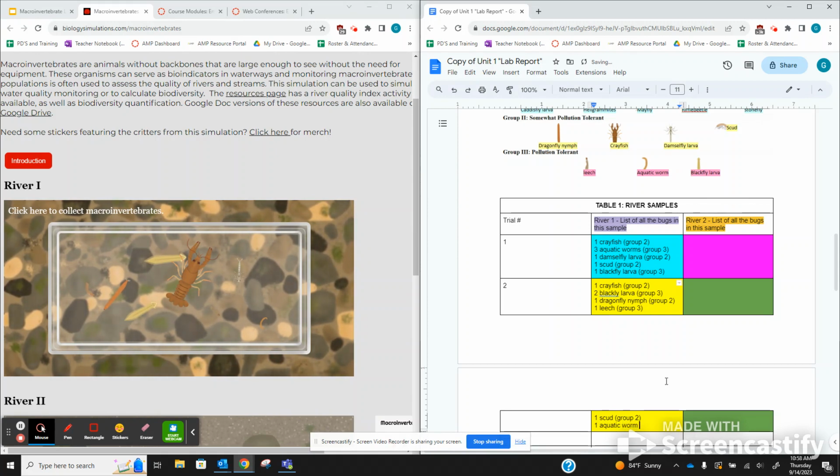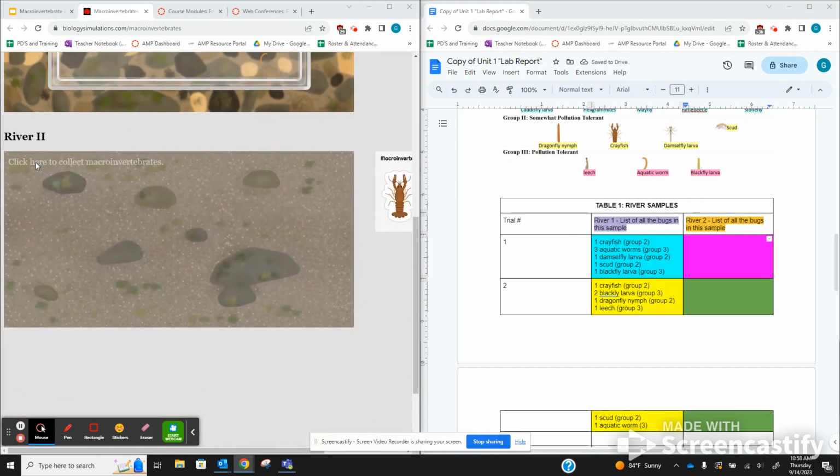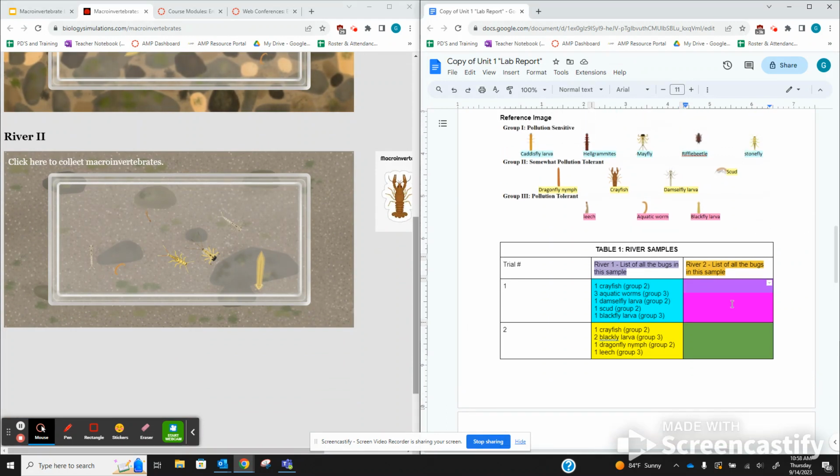Okay, and then you would continue on and do your other 2 samples as well, but I'm going to skip ahead and move into river 2 now. Okay, so my first river 2 sample, I've got 2 damselfly larvae, and they're in group 2. I've got 1 mayfly, which is really gross looking, and I feel like if I ran into it, I would be scared of it. But I love bugs, so maybe not. 1 stonefly,